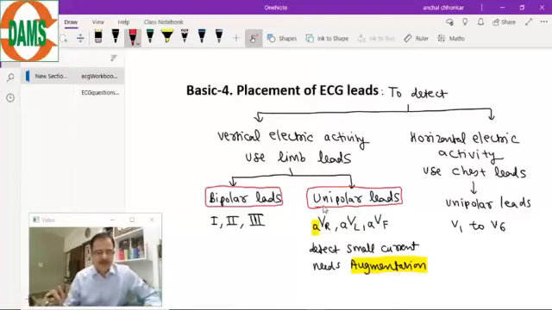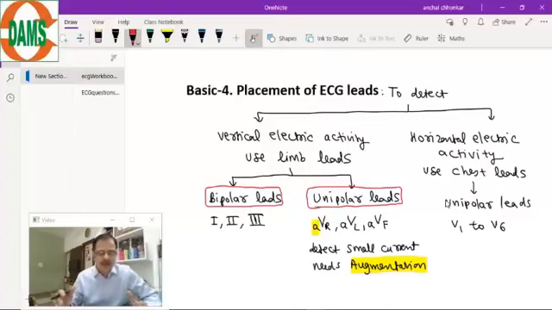Unipolar leads, and this is a misnomer. Unipolar, but it is being used as standard terminology. Unipolar leads. So unipolar is represented by the letter V. So we use the V word here. Three unipolar leads are there,